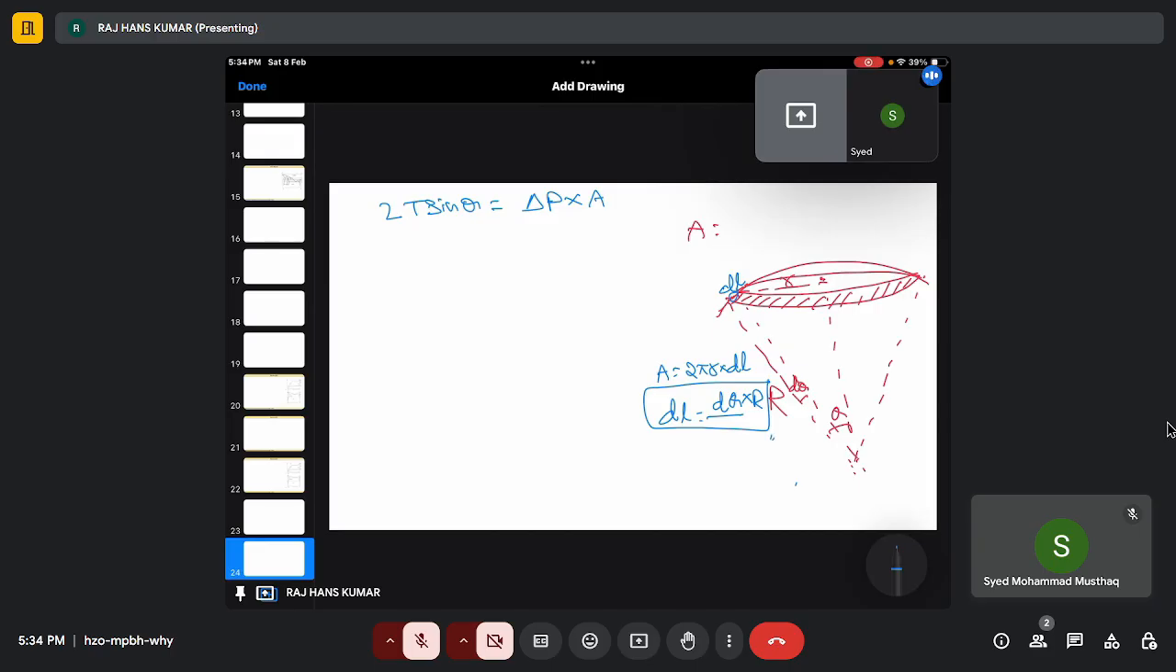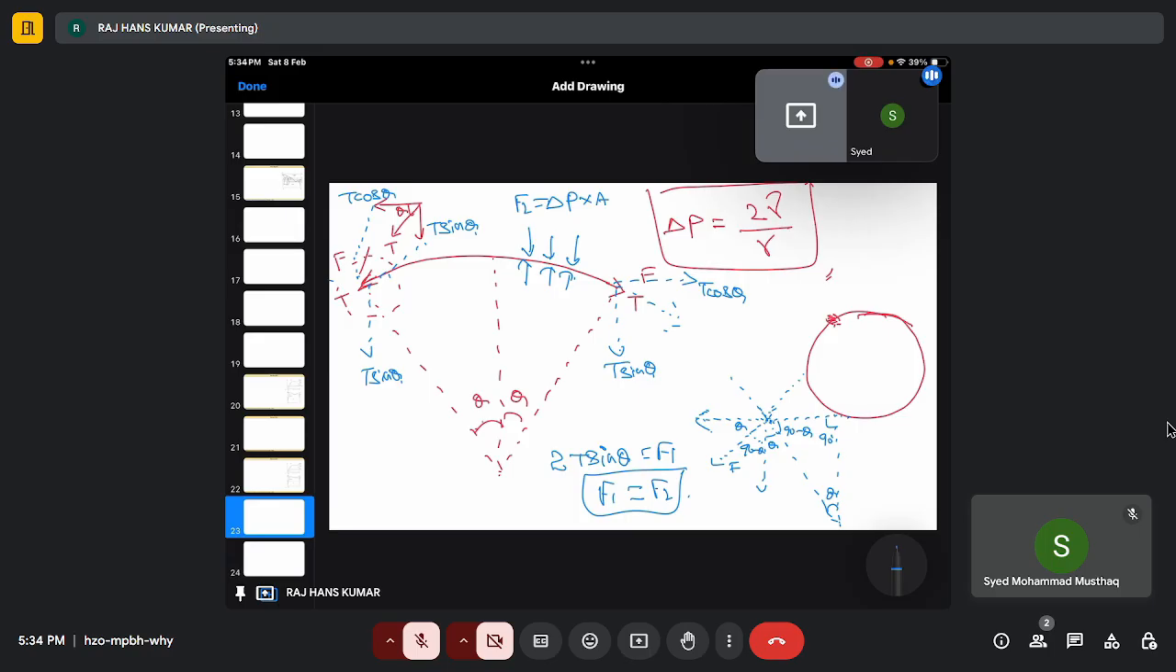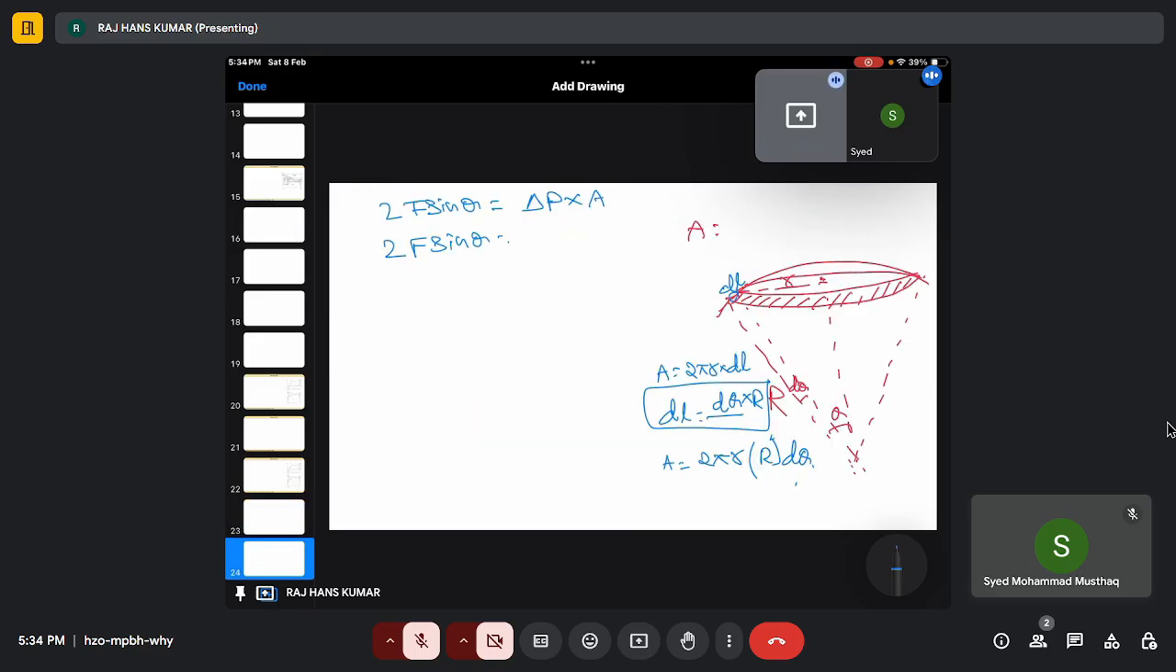So now substituting there, a equals 2 pi r times r d theta, right? Now let's say this is 2 f sine theta. I'm still taking this as f. At last I will change. So 2 f sine theta